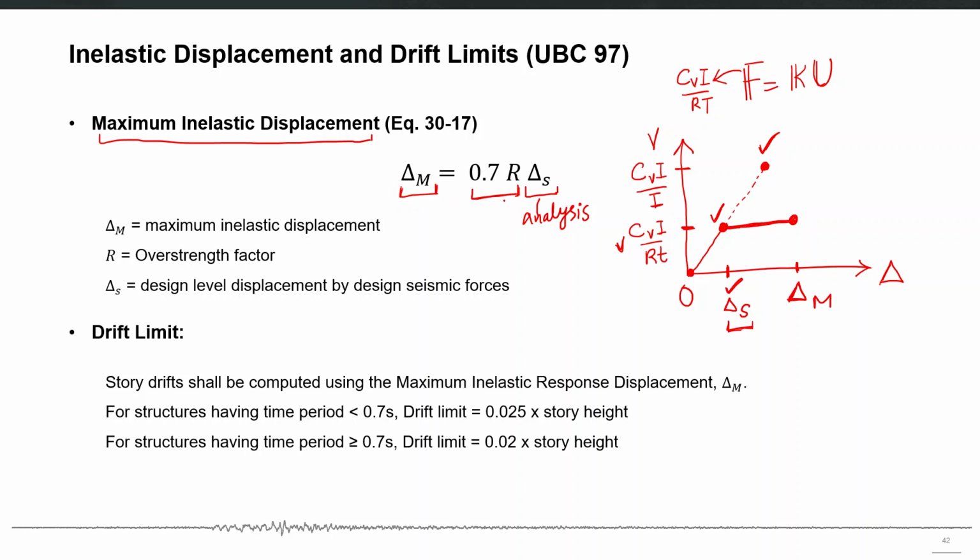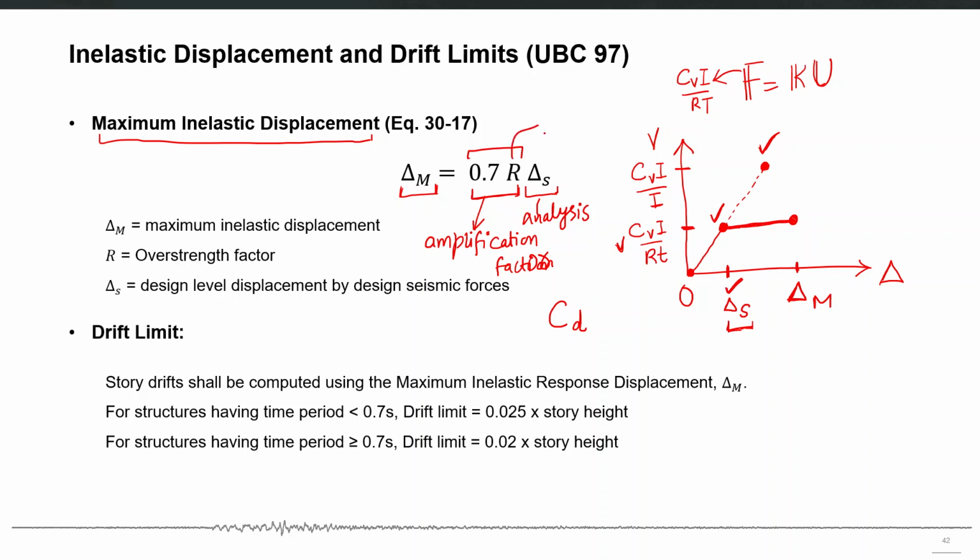In fact, all the responses related to displacement, for example interstory drift ratios also, and the other deformation related responses. So this 0.7 into R can be considered as an amplification factor to be applied only to displacements after the analysis. That amplification factor in later versions of the building codes, for example from IBC 2000 onwards, is called the CD factor, which is the amplification factor for displacement. But for UBC 97, that factor is 0.7 into R.